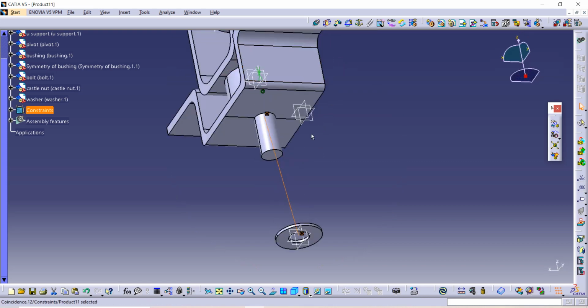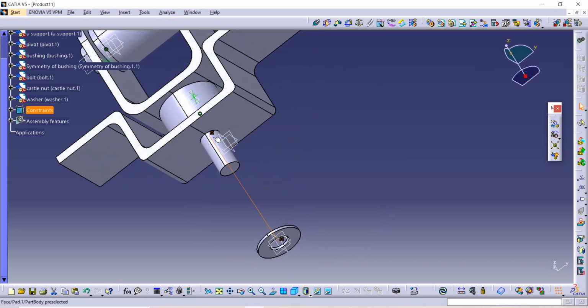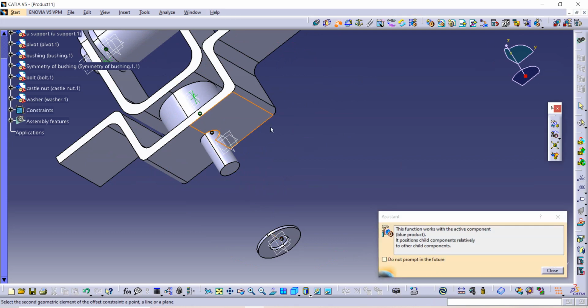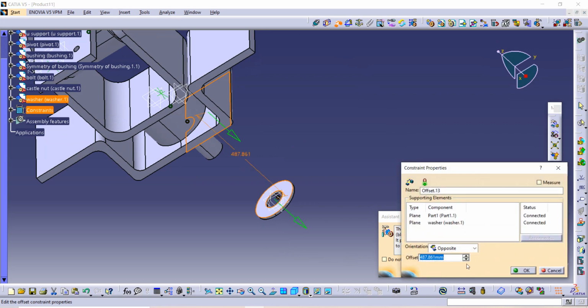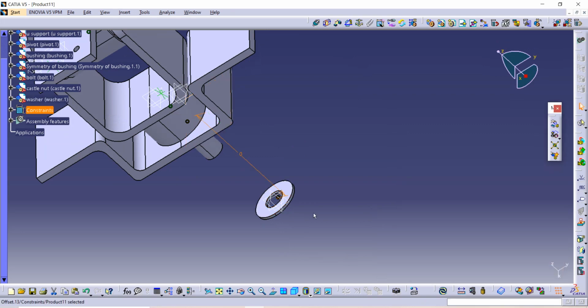After that we have selected axis of both, and then use this offset command, select this surface with this surface and then give distance here 0 and enter it.